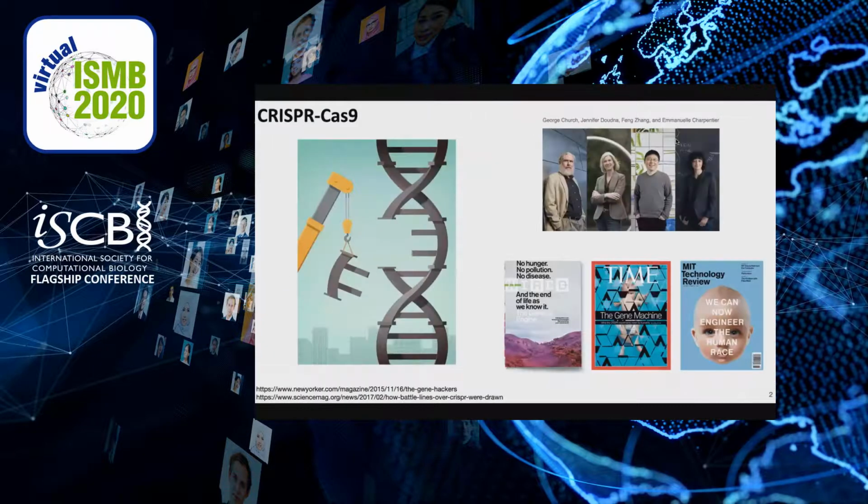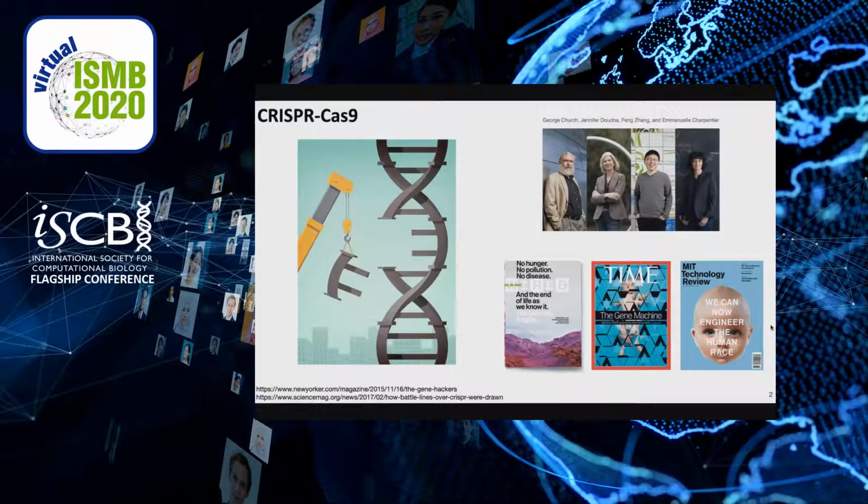CRISPR-Cas9 is a technology recently developed by scientists at the University of California, Berkeley and Broad Institute around 2012. It appeared on the cover of several magazines at a time. CRISPR enables a simple and affordable way to manipulate and edit the DNA. It has completely changed the face of genome engineering. In particular, CRISPR has enabled us to better understand the DNA repair mechanism, which is an important research area in